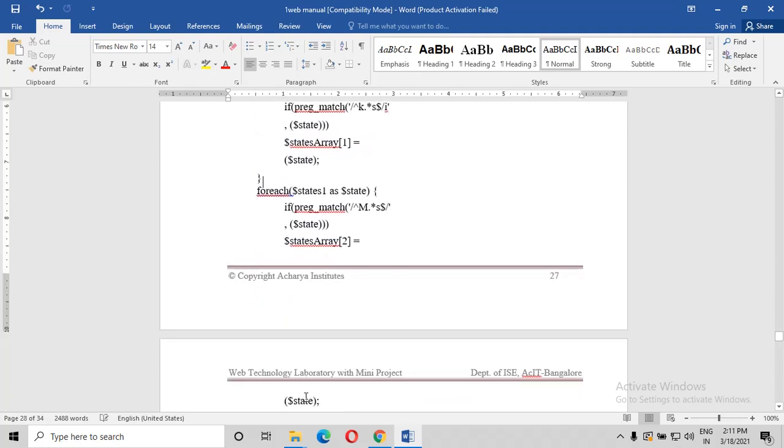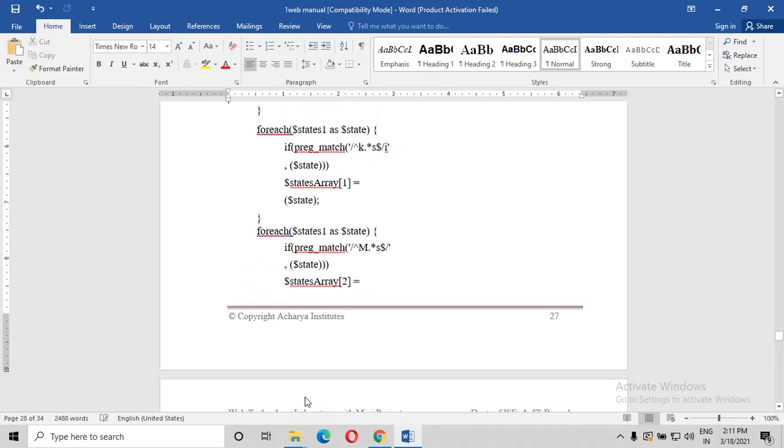Again we have taken the foreach states as state. preg_match means we are performing pattern matching in PHP. The second one is begins with K, ends in S. You can see here, begins with means the caret, you have taken K, and more characters can come, one or more characters, and ends in S. Ends in S means ends in, that is the dollar.